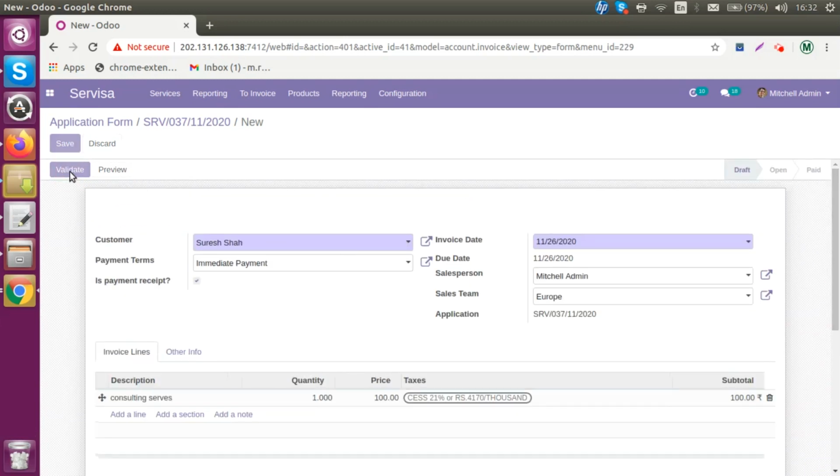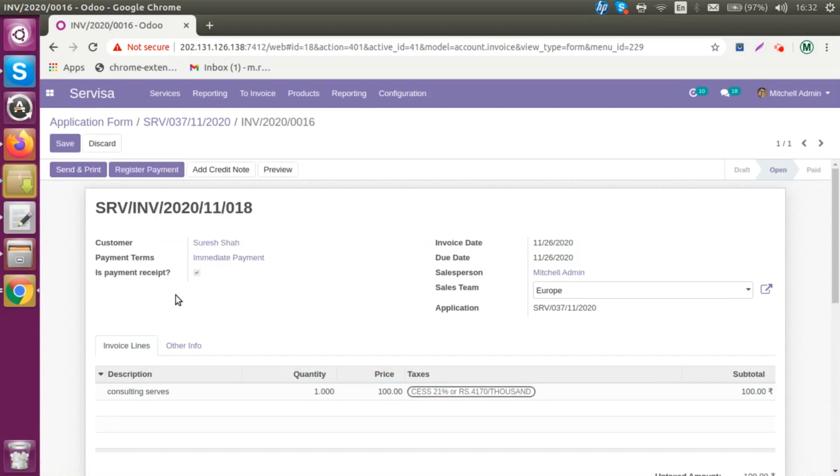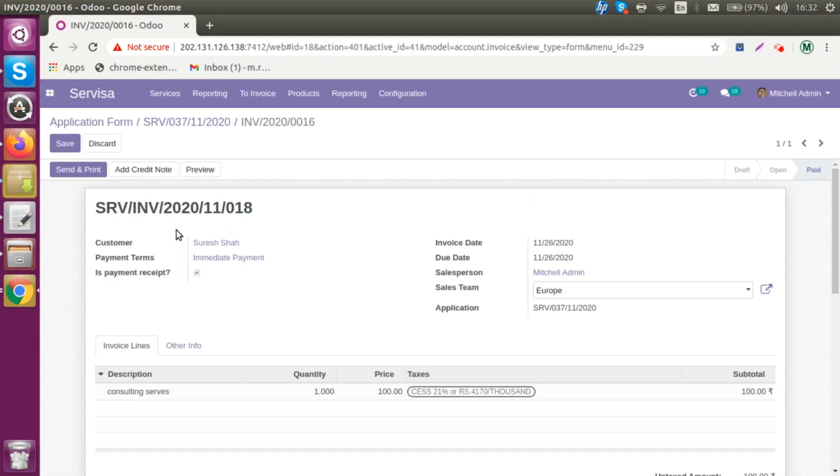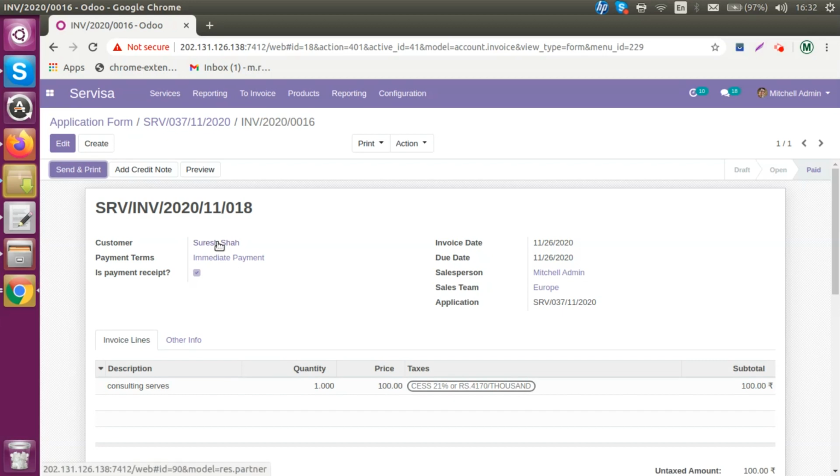I'll validate it. Once I validate, it will ask me to register the payment. So I'll register the payment. It will ask me whether the payment is coming via bank or cash. I'll select cash, validate. Okay, so this particular invoice has been paid by Suresh Shah.